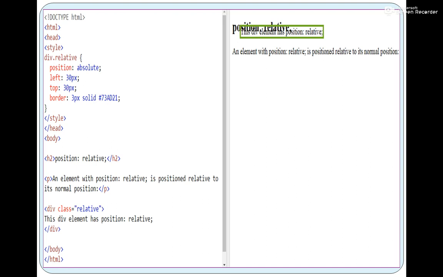And the last is relative. Relative and absolute generally work together. Means if you are using absolute, you can use relative positioning for the remaining elements so that they don't overlap like this, right? So these were the positioning of CSS.